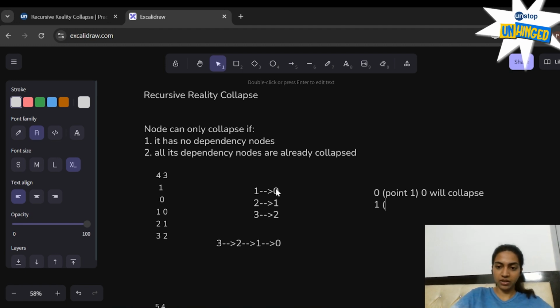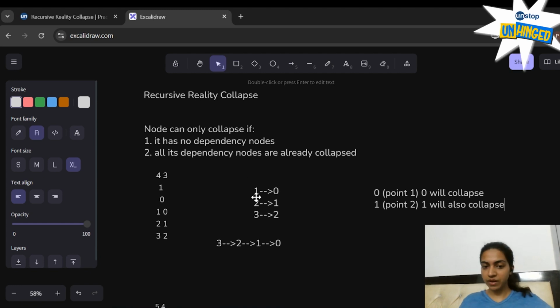So 1 will also collapse. Why will 1 collapse? Because 1 is dependent on 0 and 0 has already collapsed. That means all its dependency nodes are already collapsed, so 1 will also collapse.